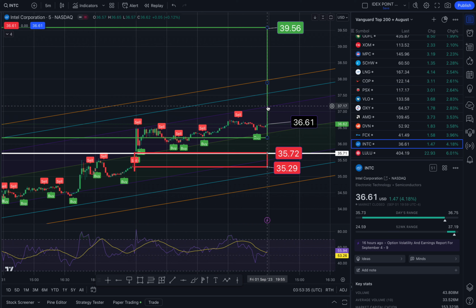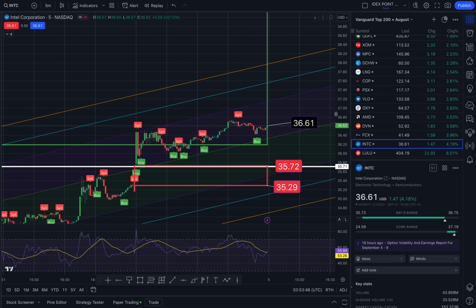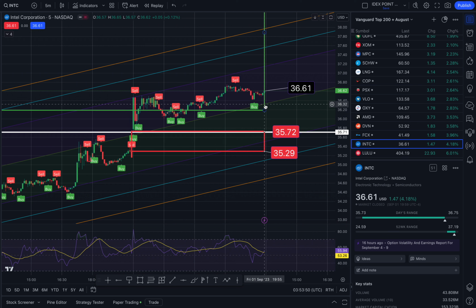To the north side from where we are is 37.17, 37.57, and 37.96. There's a gap fill at 39.56. To the middle of the trend, 36.32. A gap begins to the south side at 35.72, and negative 2 standard deviations is 35.50. That gap fills to the downside at 35.29, 35.10, and at negative 4 standard deviations,